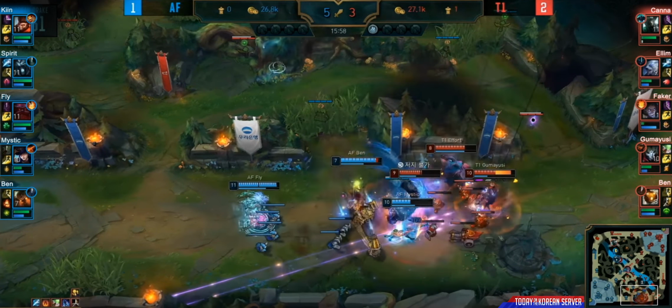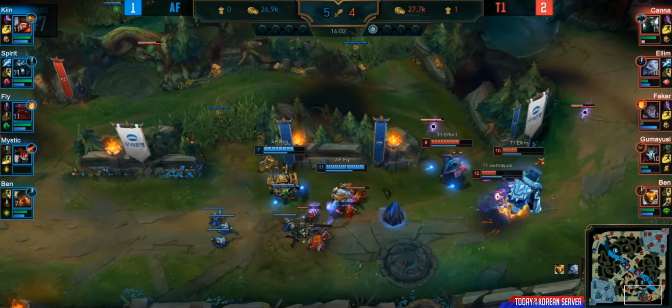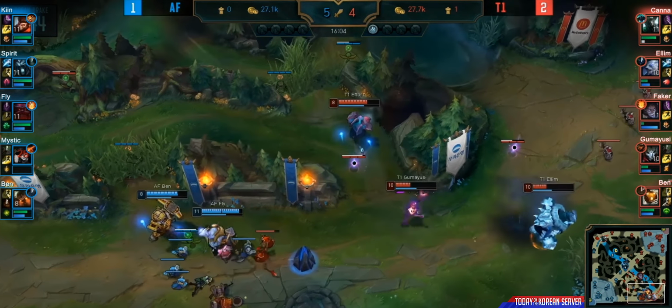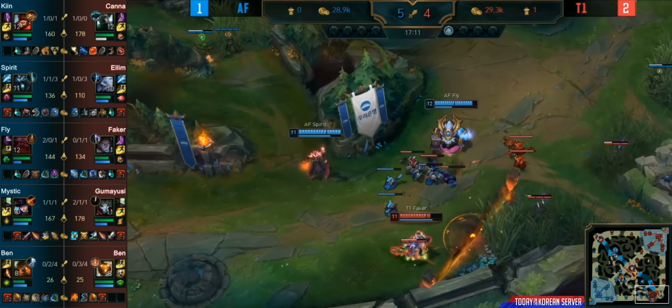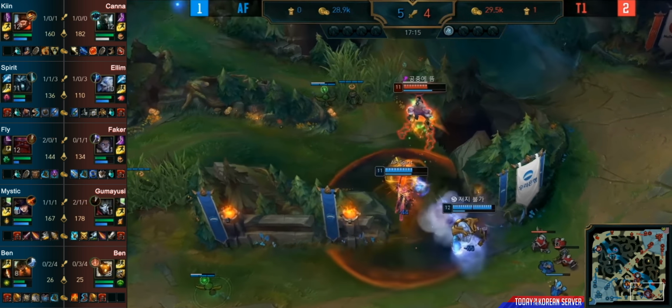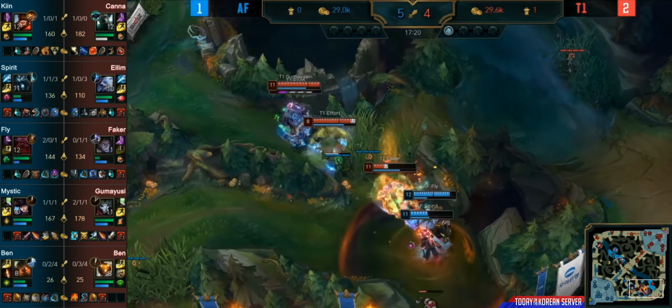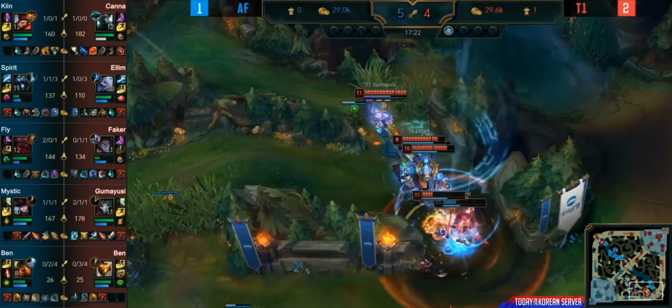Another Requiem will come in on top of T1 here. A lot of damage, but the Caitlyn's already dead, and no one is going to be dying here on T1's side. Some low health bars. Dragon, though. All right, Fly is going to miss his ultimate as Faker takes some Skittles, now wanting to take the fight to Spirit. Great knock up though, as the Tempered Fate is going to be avoided. The Ace in the hole that came through as well did a fair bit of damage there to Faker,